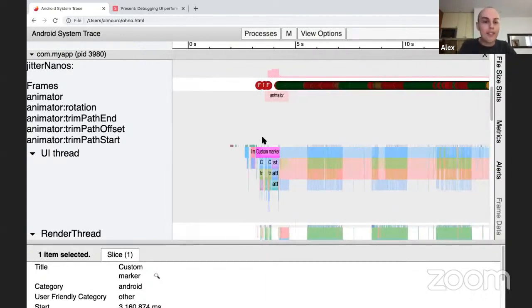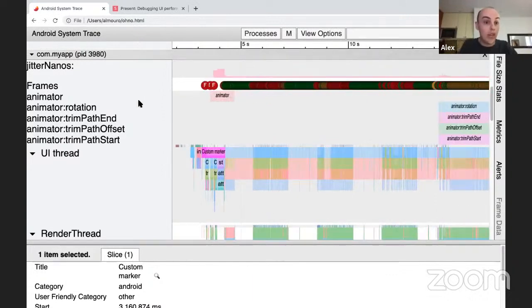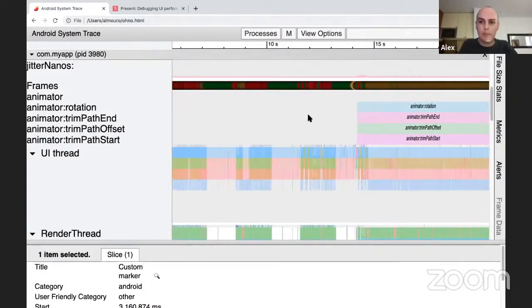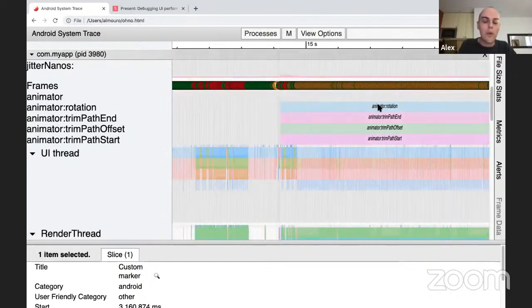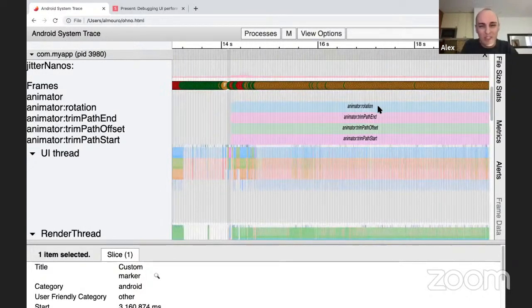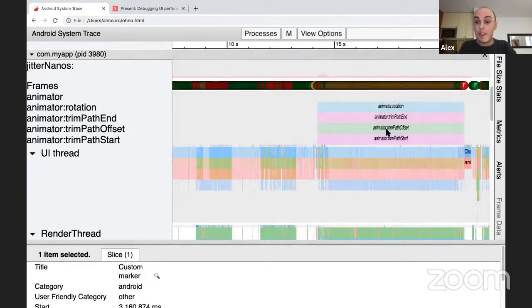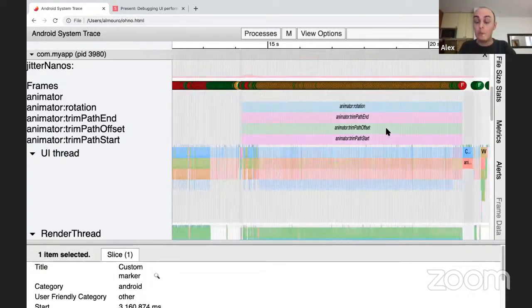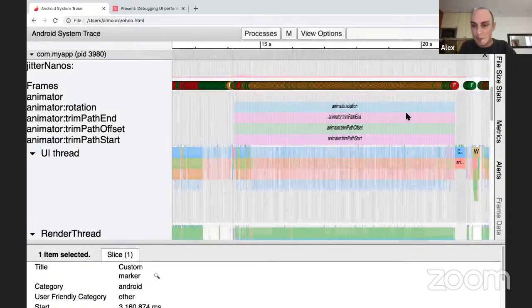But sometimes you also have nice markers available out of the box. For example, Animator. I was really wondering what was up with that. Animator rotation, Animator. I was like, there is no animation. I mean, we had the Lottie animation, but that's done, right? That's over. It stopped here. And so what is this? What is Animator? Turns out it was actually the loading spinner of the home screen. So it does this, and this is basically the duration of the loading of the content and the displaying of